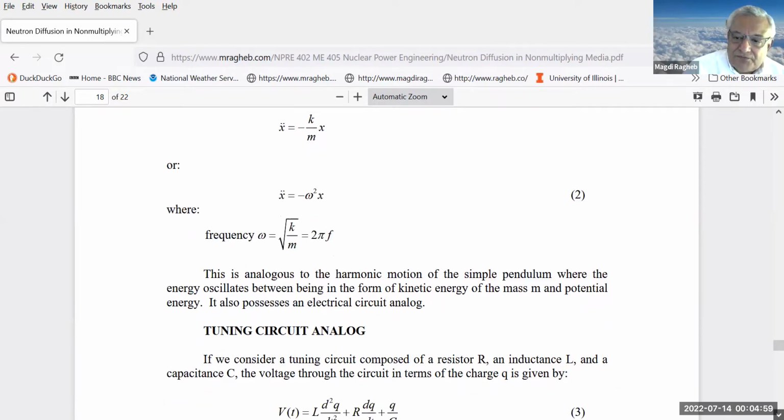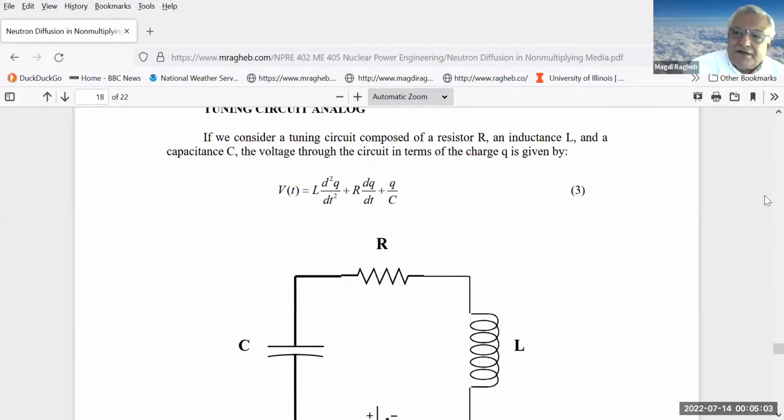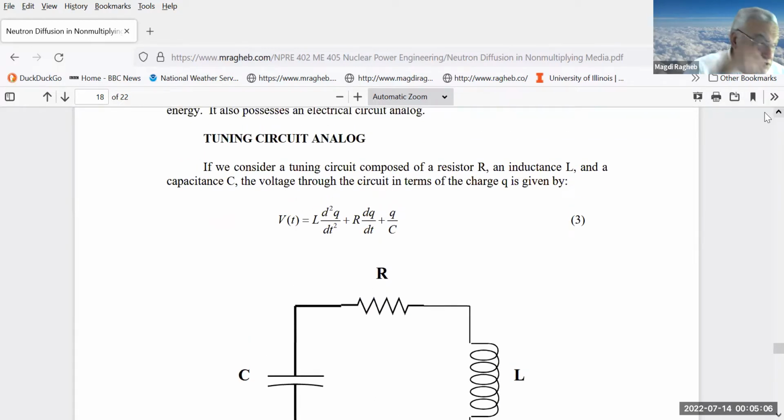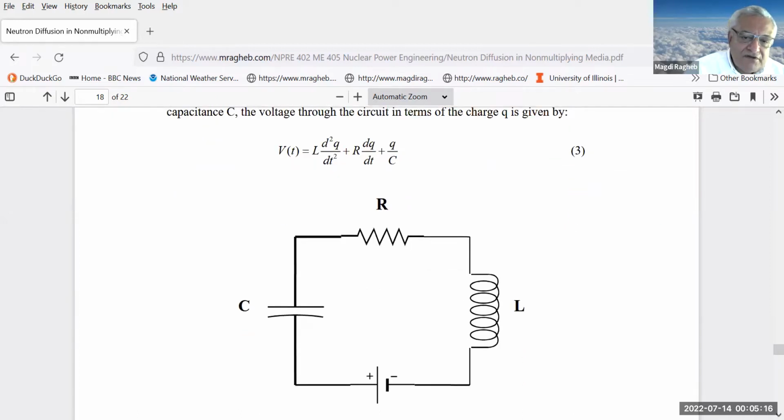But those of us who prefer to use electrical analogs find that the same equation can be obtained if you use a tuning circuit in electrical engineering. In that case, you can consider that you have a battery of a voltage V attached to a tuning circuit with a capacitor, capital C, an inductor, capital L, and a dissipative element as a resistor, capital R. If you have a voltage across a battery here, let's say it's a battery, but let's assume it's a function of time, you'll find that the differential equation depends on the inductance, L d squared q over dt squared,